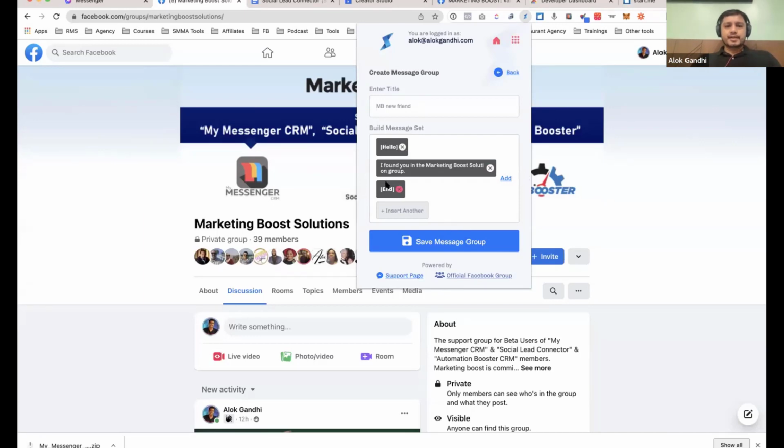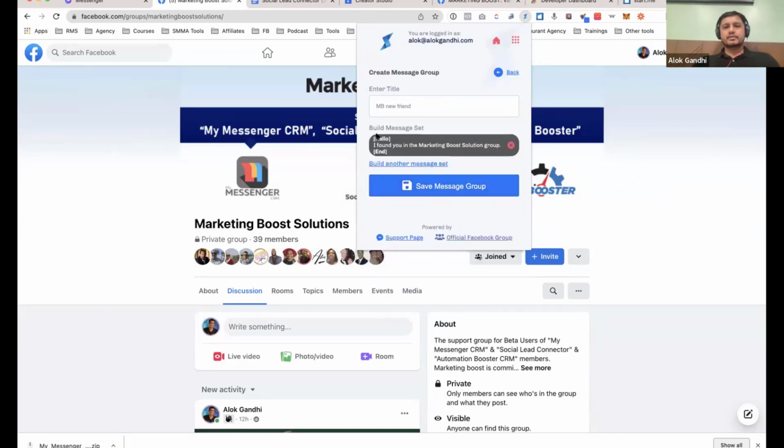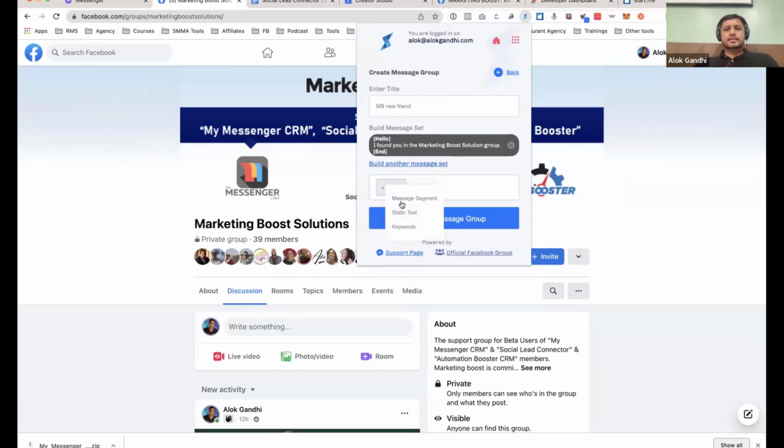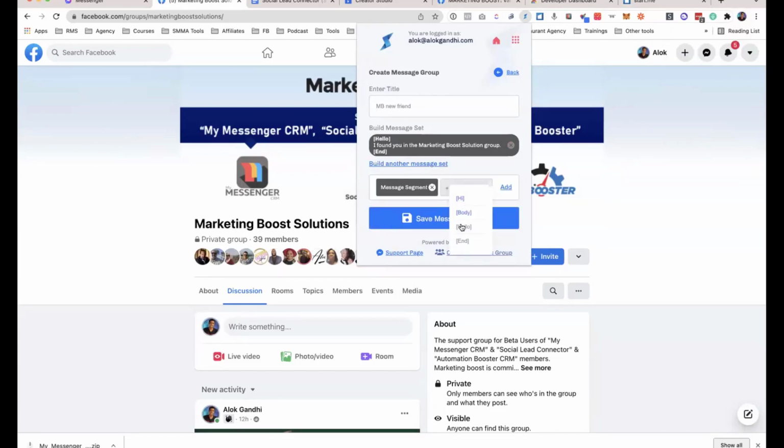Once I've built this, once again, we have to click on add. This is a very common mistake. We have to click on add to build that group. Just like that, we've created a group called MB new friend. Hitting add is like hitting the save button? Correct.